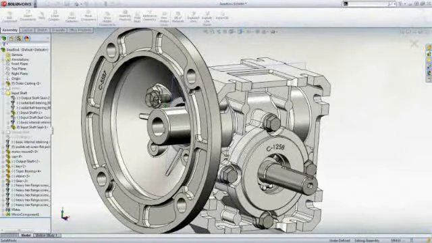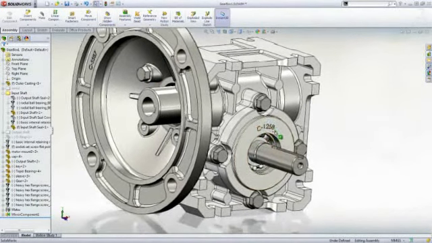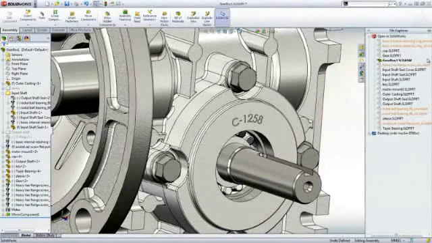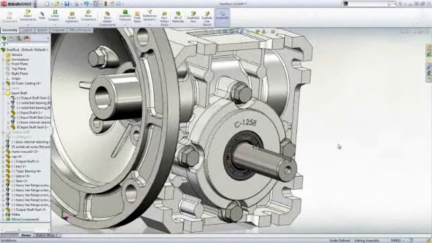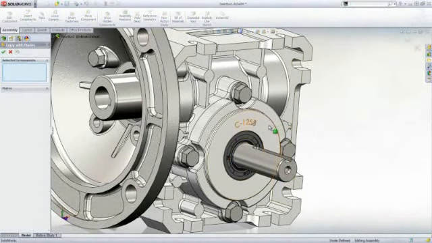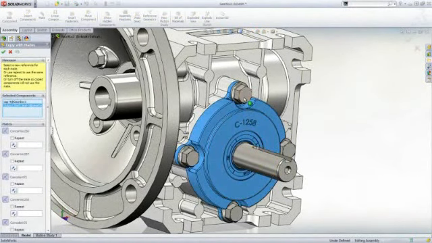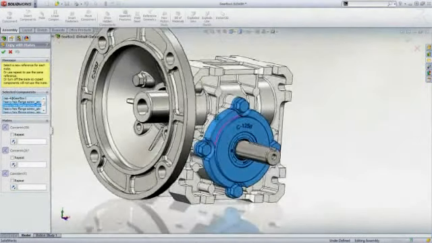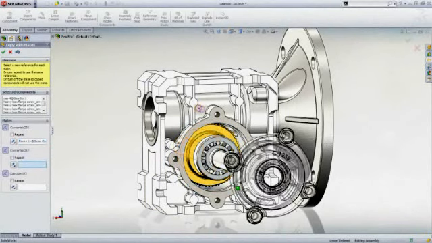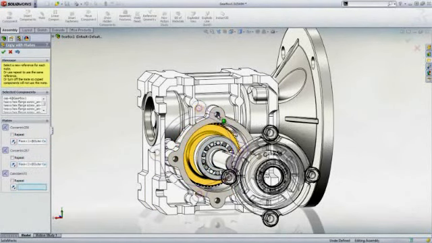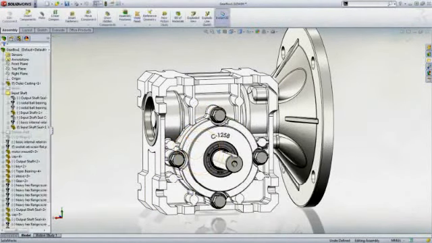Adding parts to the assembly can be done by accessing the File Explorer. With a simple drag and drop, we can place the shaft seal, again using Smart Mates to position it to the cover. To add instances of the cover, screws, and seal to the other side of the gearbox, we will use the Copy with Mates tool. Simply select the components to copy and then choose New References. New mates are added to locate the cover to the gearbox, and the new screws and seal are automatically mated